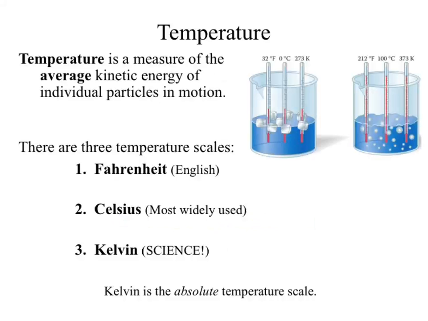We have then a third scale, and that's going to be your Kelvin temperature scale. When it comes to most science applications, a lot of them are in kelvins. And the reason we pick Kelvin is because it's the absolute temperature scale. Okay. One of the even nicer reasons we use that, so what does that absolute mean? What are your possible temperatures with Kelvin, or even Celsius for that matter?